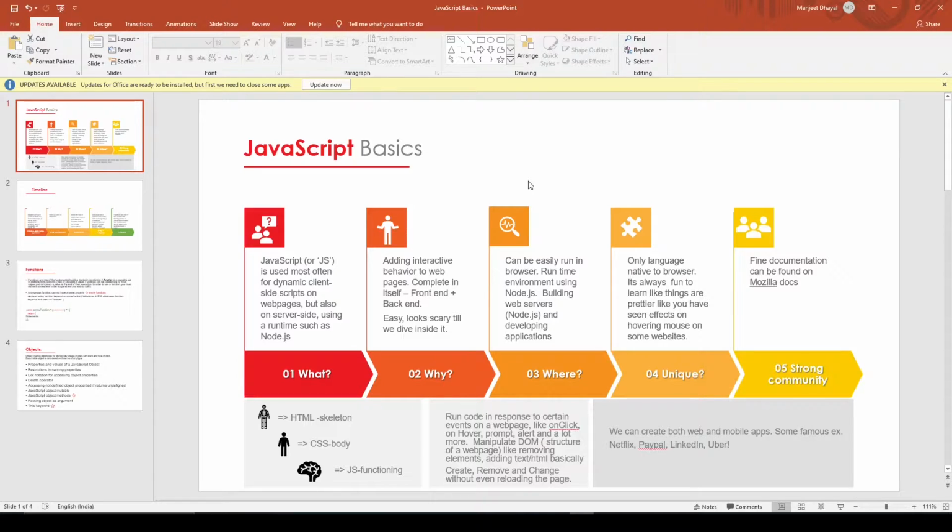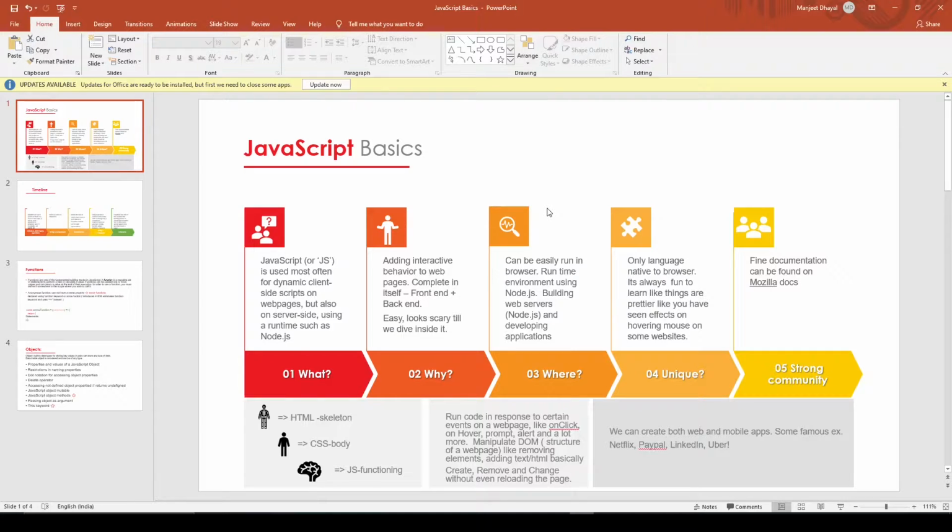Let's take an analogy with a human. A human has basically three parts: first the skeleton, then the body, then the brain. A human skeleton is basically the HTML that defines the basic structure. If we have no skeleton, we are just like cloth hanging here and there. The outer body of a human is what beautifies us; it defines how beautiful we are. Similarly, the CSS on a website is to beautify it, like how good it looks when a user checks the website.